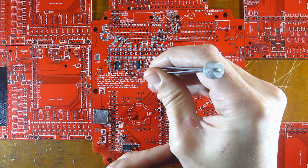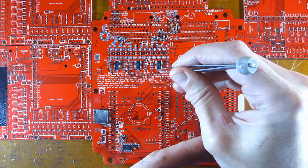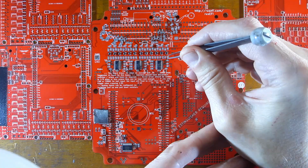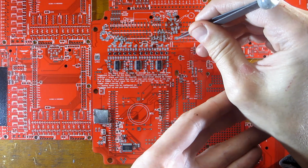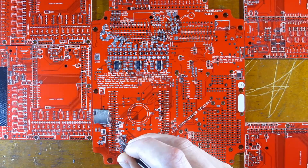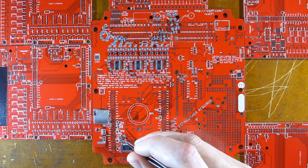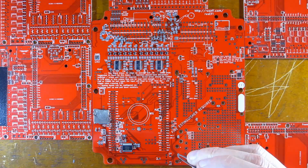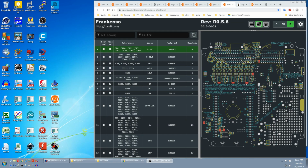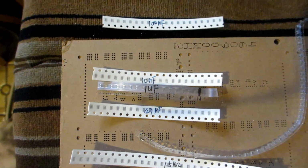There's no prizes for positional accuracy here because the solder will pull the part in position, so just position it roughly right and press it down so the paste has good contact with the ends of the part. Basically you want the flux in good contact with the end cap of the part because it's the flux that cleans the metal parts that makes the solder stick to it so well. Then it's just a matter of ticking off the parts you've just fitted, then grabbing the new top part and